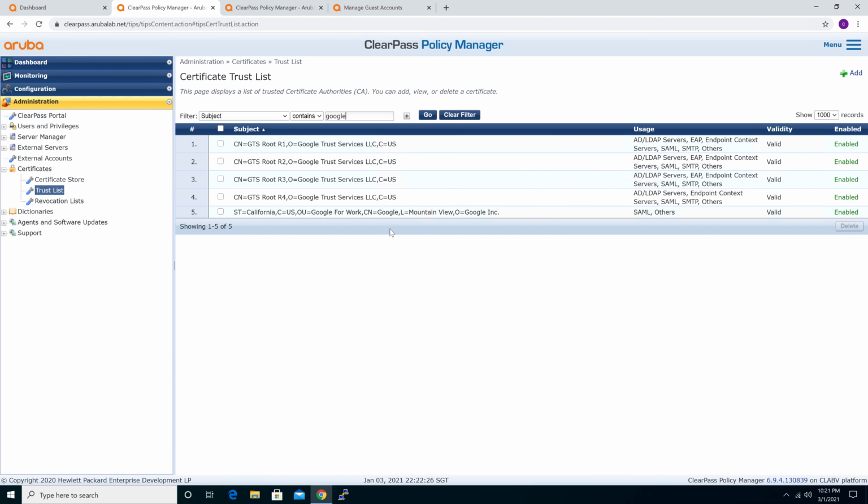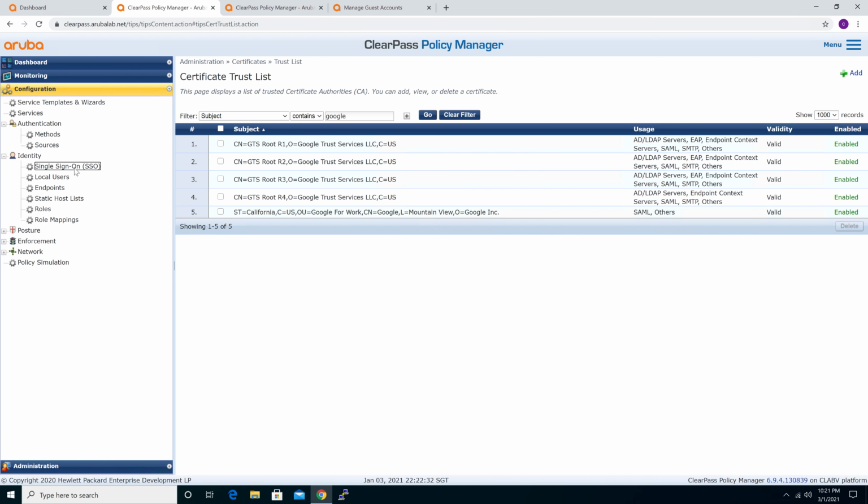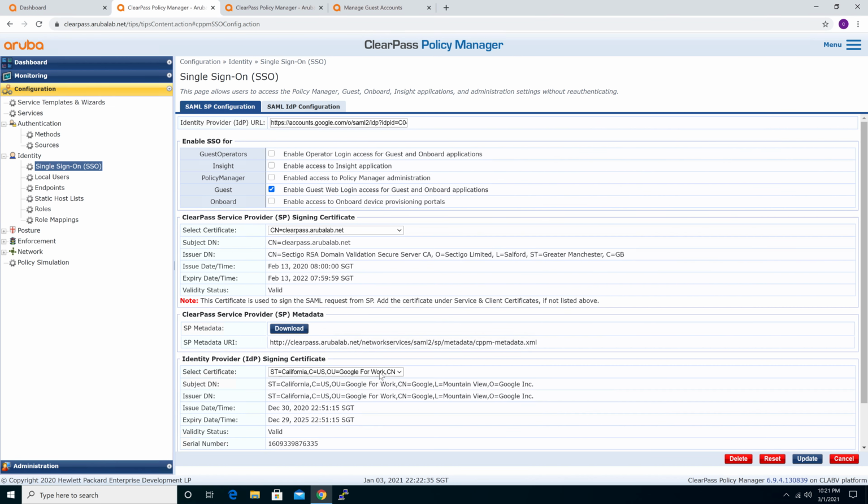Right, under here, this is a cert, right? So after you import, you add it to here, and now you go to here and you choose the cert to trust the cert on Google from here. Make sure that it's a valid cert. That's all, and click update, right? So that is the first requirement for the ClearPass. Now the next one